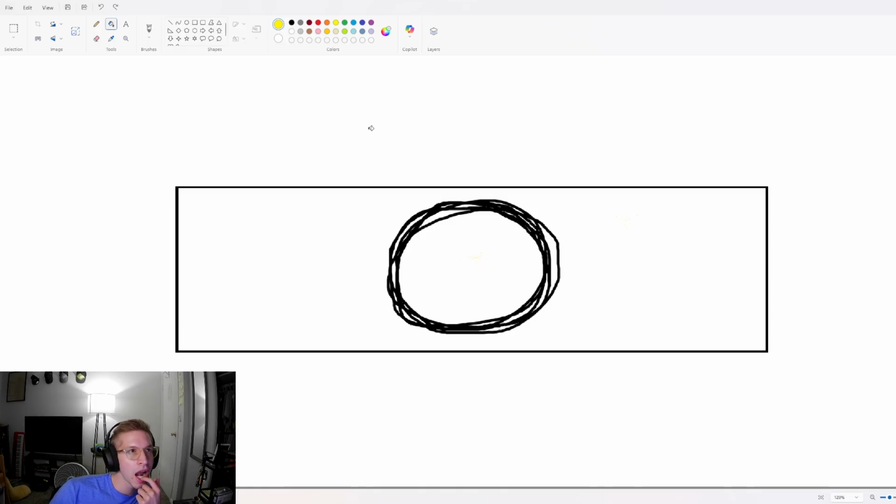I wonder if I can... Because MS Paint is weird. If I try and grab this circle, scoot it over, apply some yellow, and then scoot it back over, it'll take the white under the black and then put it over the yellow. So let me see how this looks.